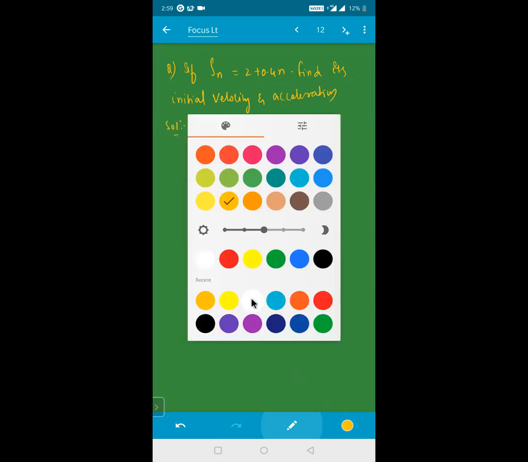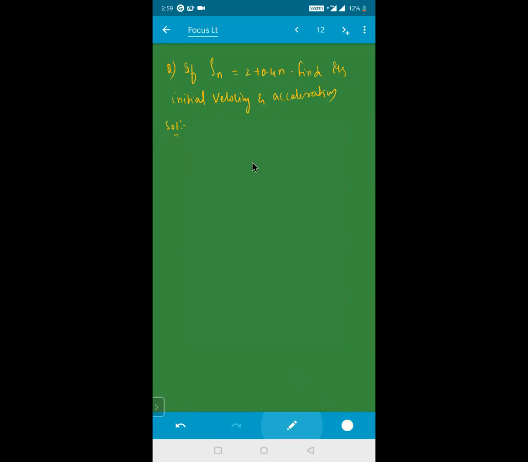Compare with the Snth formula, the standard equation, written in terms of Sn. So Sn is equal to how much, beta? Sn is equal to 2 plus 0.4 times n. That means I can write this as 2 plus 0.4 into n minus 0.4 divided by 2 plus 0.4 divided by 2. Adding and subtracting, will it make any difference for me? Can you see? So this will become how much for me, beta?